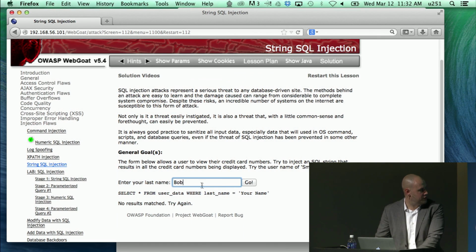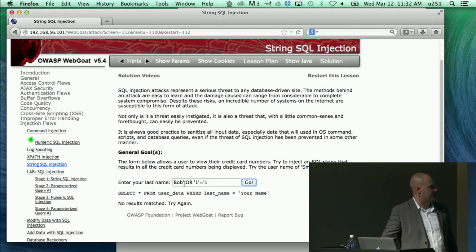But what we're going to do is type in some extra characters like the single tick, and you can see I've done this before. Why don't we just use this one? So we're going to say Bob, single tick, space, or, single tick 1 single tick equals single tick 1. Now if we run that,